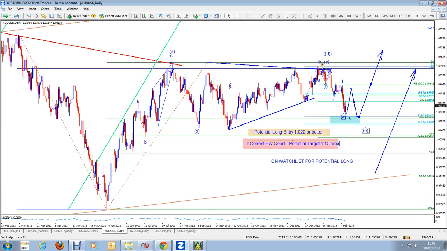So over here we might get 5 wave down to complete a retracement, and then we get a retracement of that decline like here, and then another leg lower. So it may be that we will come all the way toward the bottom